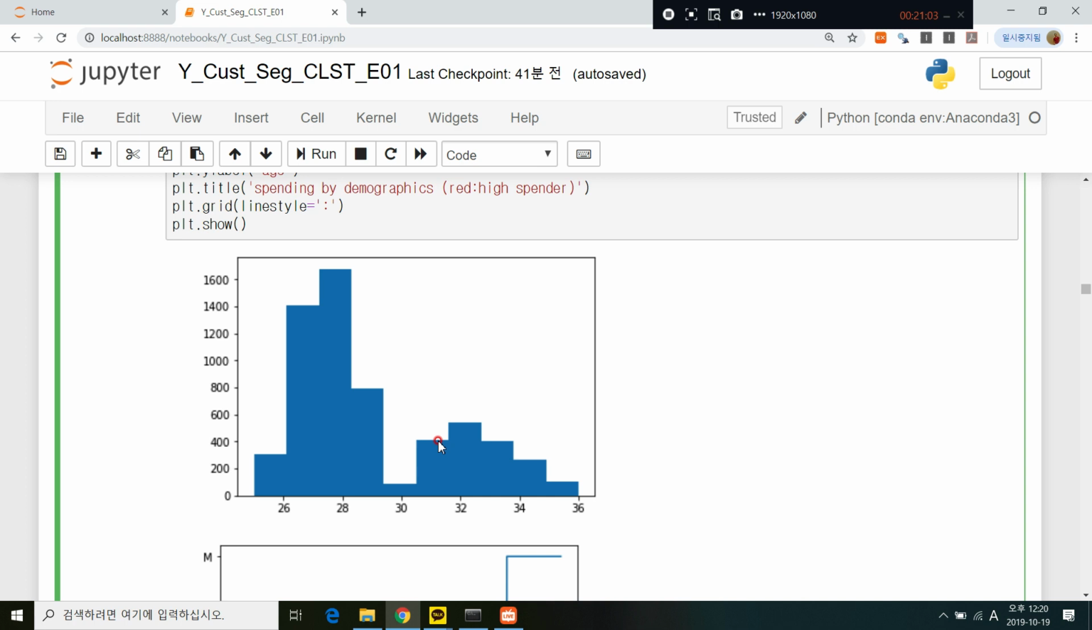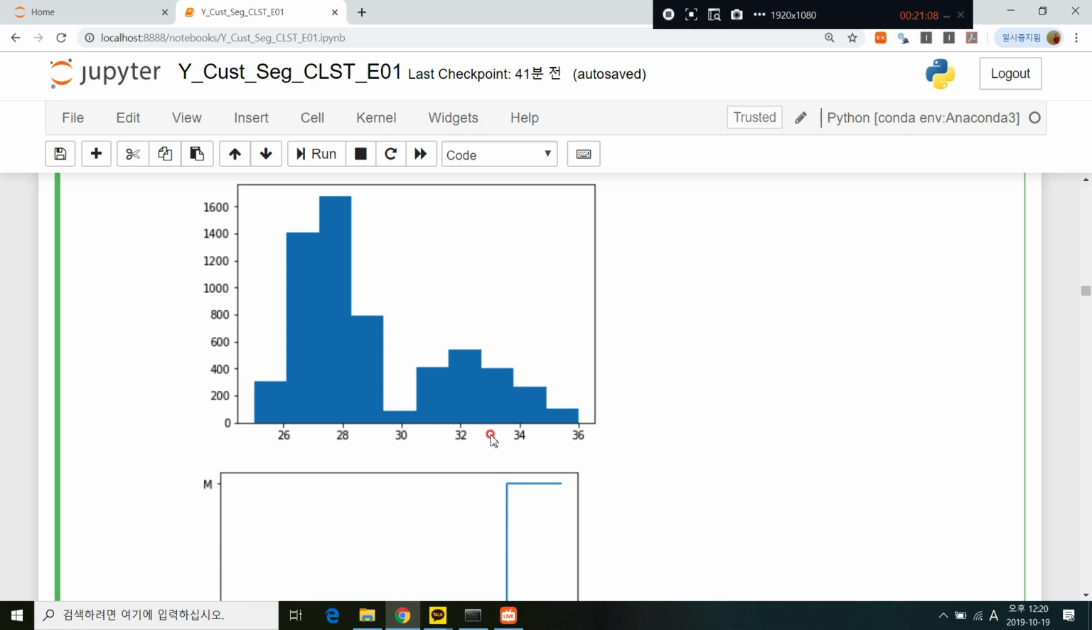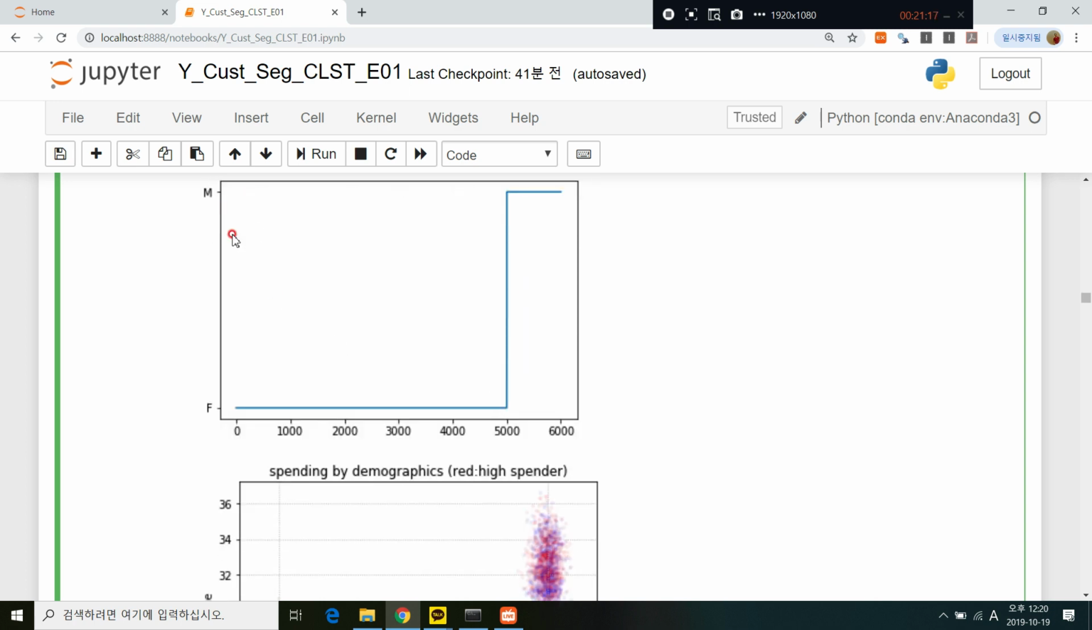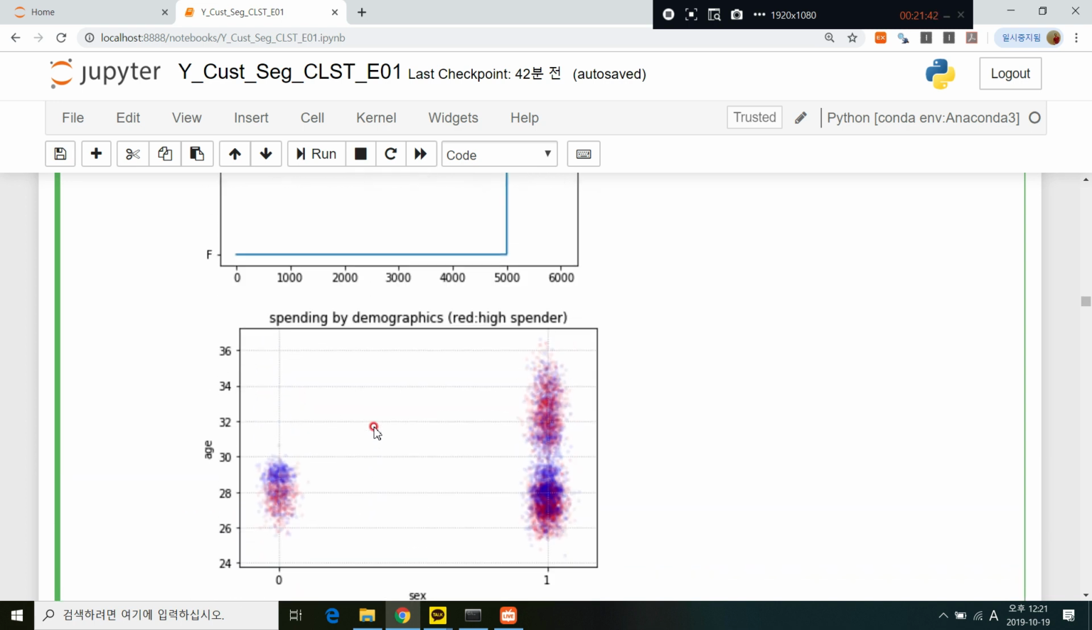You know, it is actually fictitious. Don't think too seriously about this. Anyway, we found two major groups in age, and male and female. Yeah, there are a small number of male customers and many female customers here. About 5,000 and 1,000, so five times more female customers are here. And the next chart,